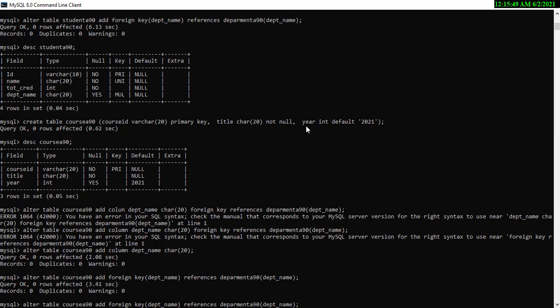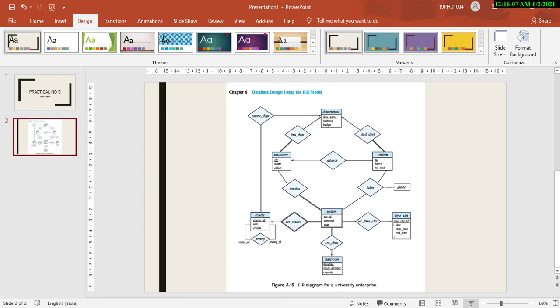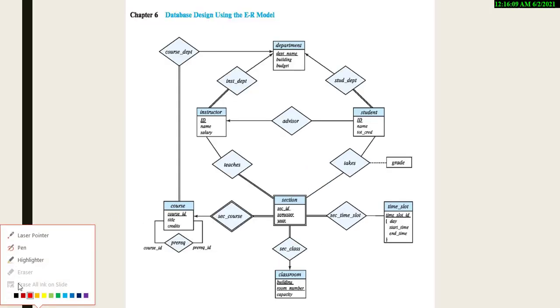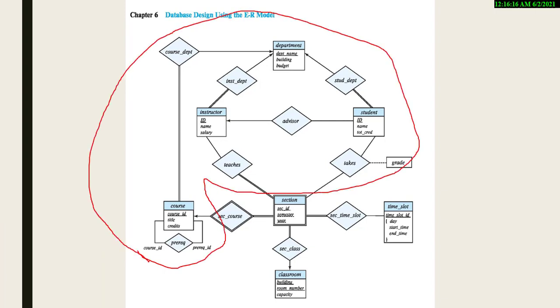ये कैसे चेक करेंगे हम इसको, describe से, DESC course A90 इस तरीके से. तो अभी क्या किया मैंने, इतना पार्ट जो है ER मॉडल का वो कन्वर्ट किया है एक्चुअल डेटाबेस में विथ अप्लाइंग द constraints. अब इतना पार्ट जो है ये सिमिलरली आपको करना है, तो इसको मैं फिर से लूंगा नहीं अभी, ठीक है.